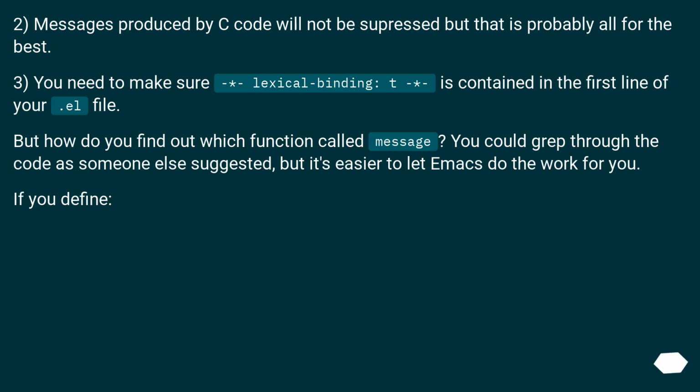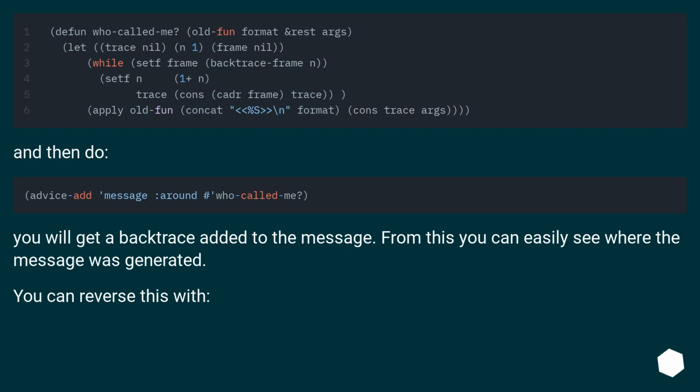But how do you find out which function called message? You could grep through the code as someone else suggested, but it's easier to let Emacs do the work for you. If you define and then do, you will get a backtrace added to the message. From this you can easily see where the message was generated. You can reverse this with